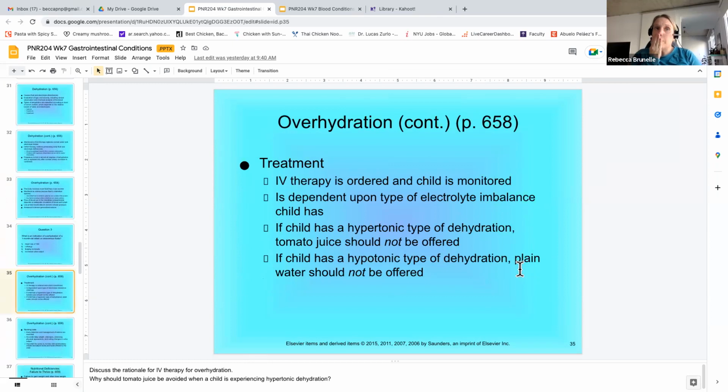So sometimes you can end up with overhydration if they're in the hospital and they get too much IV fluid. So make sure that you know what an appropriate amount of IV fluid is for your patient and that they're not getting too much fluid. And this goes back to the question that you asked. If it's hypertonic, you're not going to do something like tomato juice or Campbell's soup. And if it's hypotonic, you're not going to give them water. So I would recognize both the hypertonic and the hypotonic and engage your nursing interventions based on the type of dehydration that they have, or overhydration.